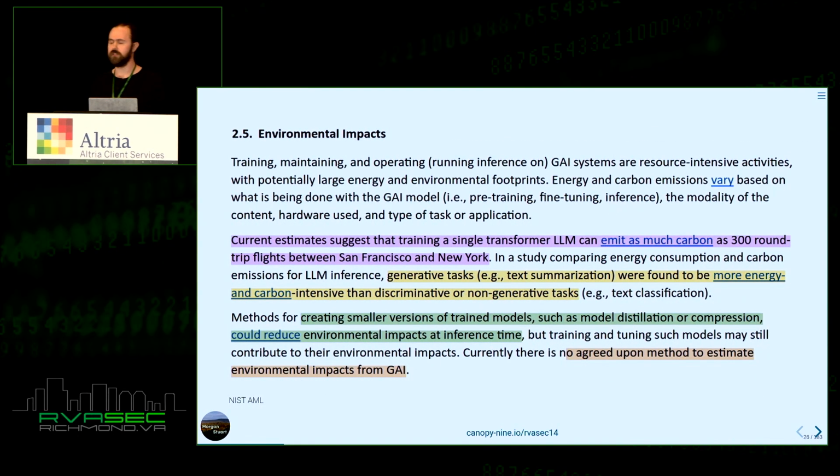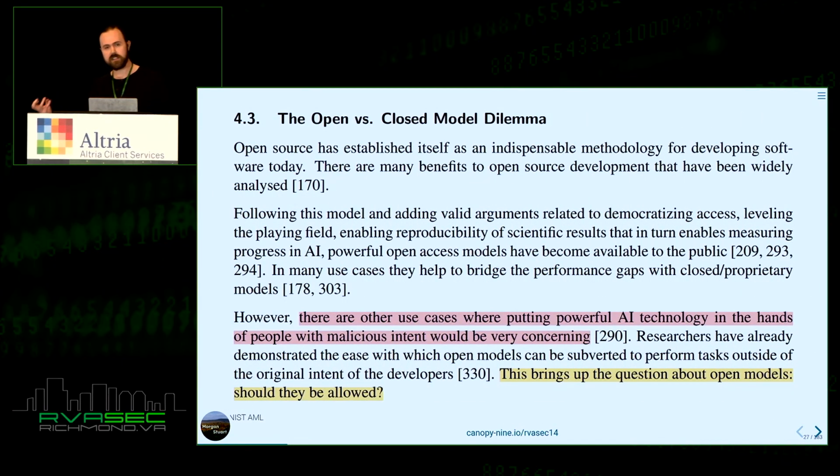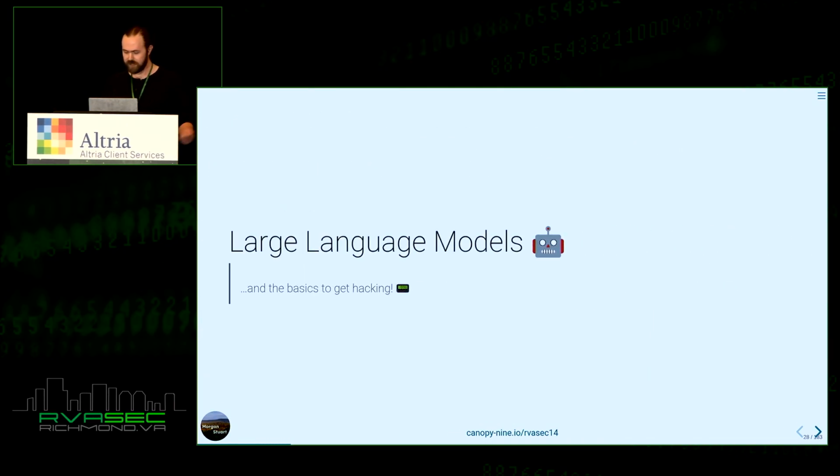So that gets to one of the first NIST risks here, the environmental impacts of these models, the training of them, the running of them. I had to tell you all that you can run them with your smaller machines because they do take a lot of resources to train, and the bigger ones do take a lot of resources to run. It also gets to the other aspect that NIST points out, which is this open and closed dilemma. I think everybody here is probably familiar with this. We can build these really powerful tools, and the idea that they can get into the wrong hands is a risk, but hey, at this point, the cat's out of the bag. So let's get into it.